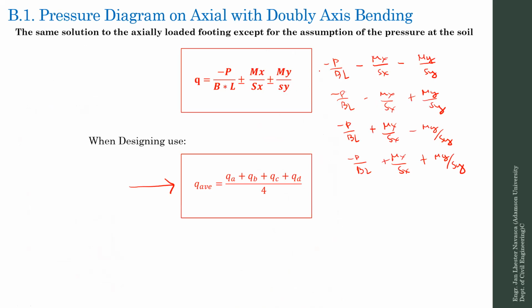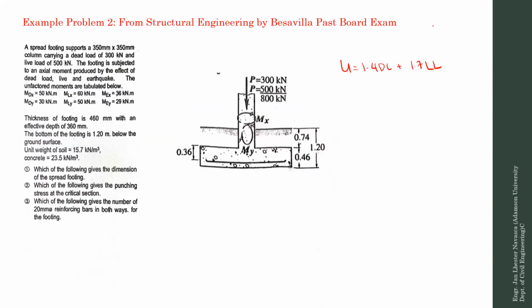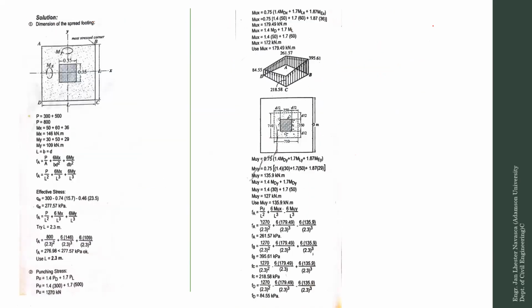So, what do you think is magbibigay ng malaking value is, syempre, yung i-add mo silang tatlo, di ba? Lahat sila should be in compression. That is the maximum value. So, eto, this one, and this one. Yan yung magbibigay ng maximum value of soil pressure. So, therefore, we need to equate the maximum value of the soil pressure to the allowable or to the effective